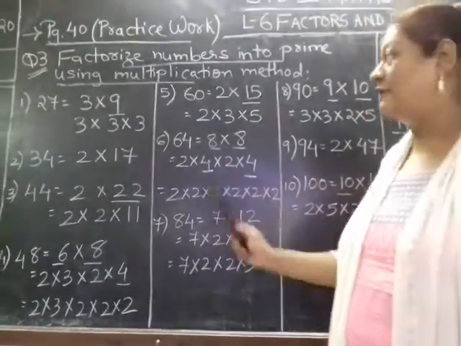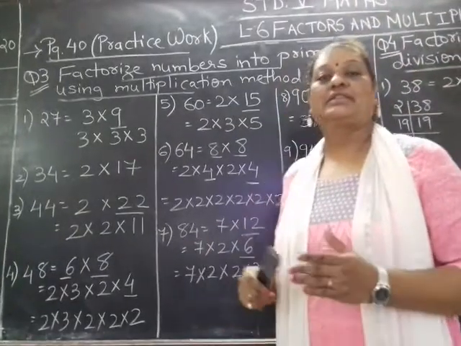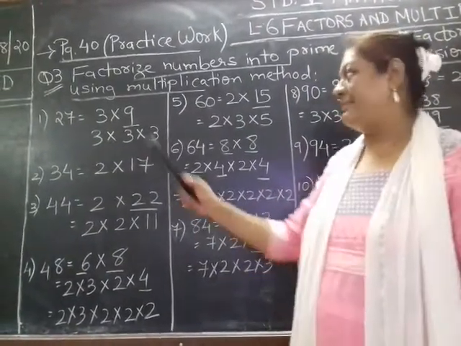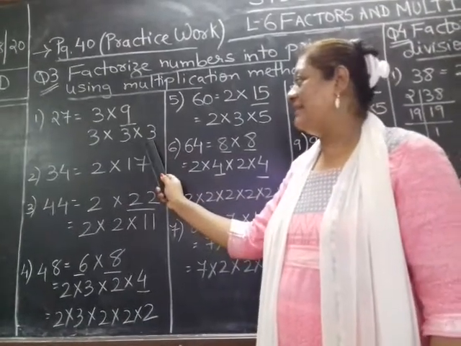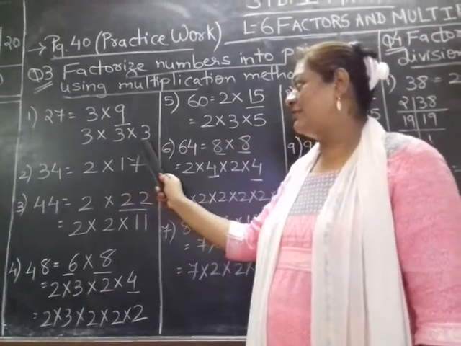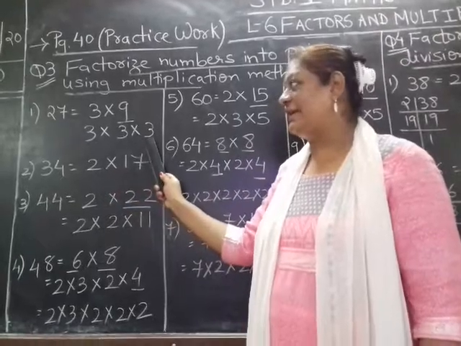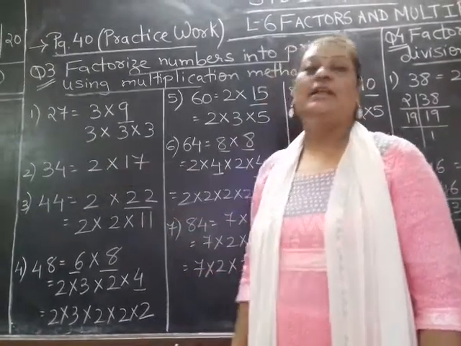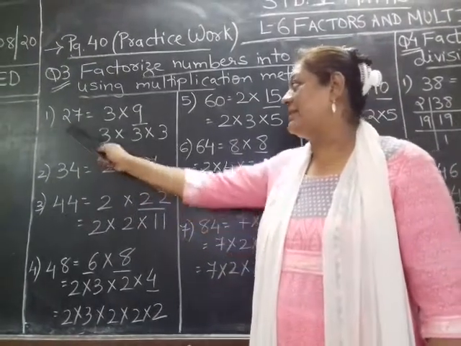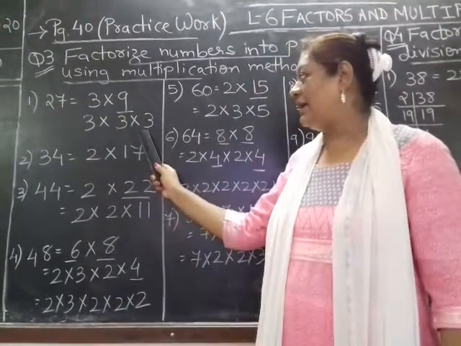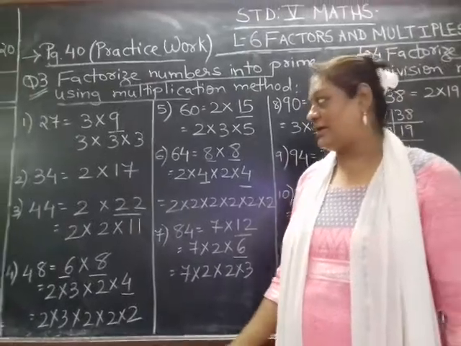They are not prime. So the composite numbers have to be converted into prime. Now 9. In which table does 9 come? 3 3s are 9. So now you can find all the factors for the answer. 27 is purely split into prime factors. 3 3s are 9, 3 9s are 27. But these all are prime. This is how you have to solve the sum.